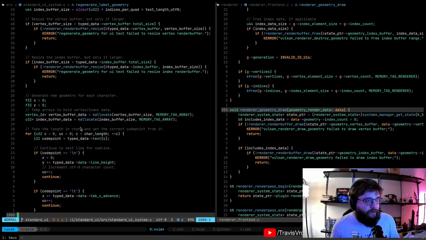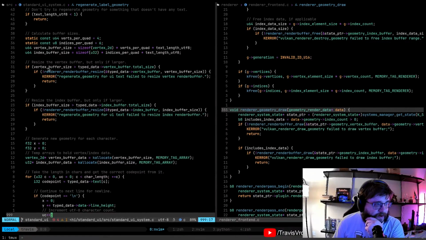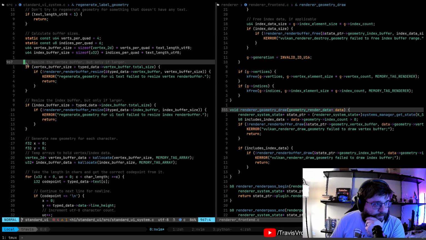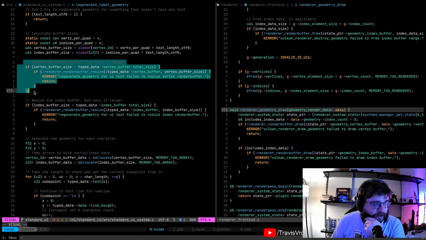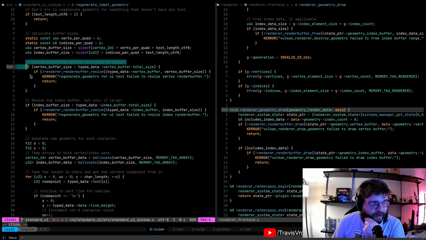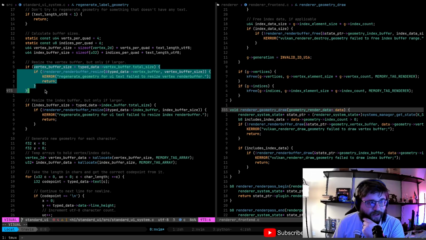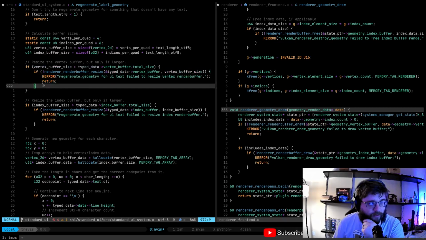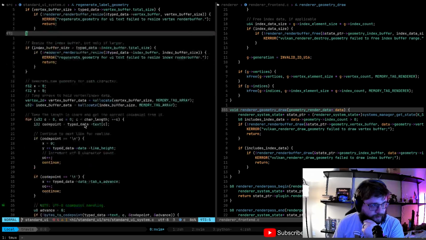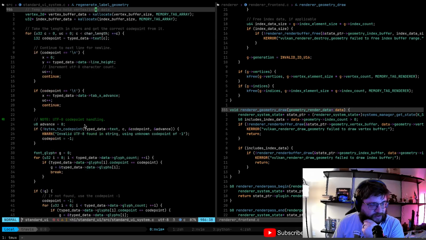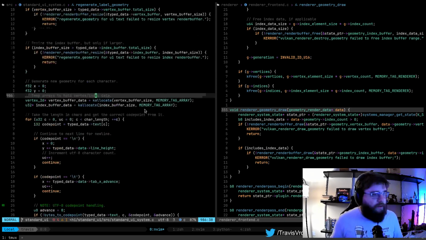So let's see, are we actually doing that? We are actually doing that in here. So here we're resizing the buffer, but only if larger. So we're already kind of doing that, right? So instead of a resize here, we would do a reallocate. We'd free the old memory and allocate the new. So again, that should be pretty much a drop-in replacement. So I'm not too worried about that either.